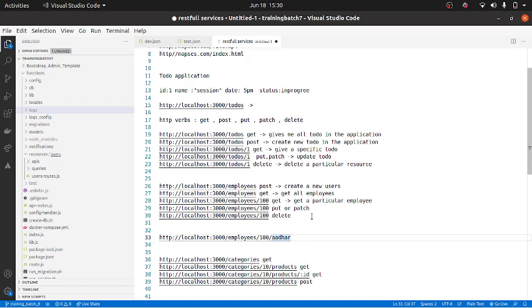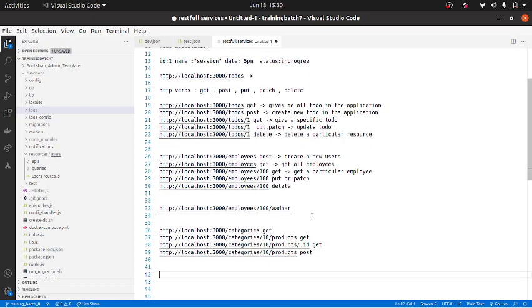So in terms of RESTful services, you get what it is? Now let's get into a little more detail. REST service itself is a very huge topic, and you can do a lot of things. Say for example, what does this GET do? It gets the particular product from the category, for that category, correct?